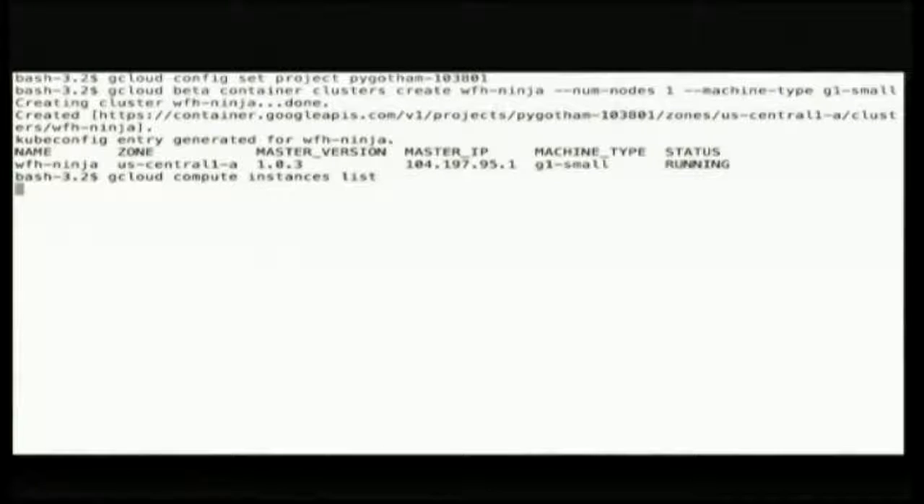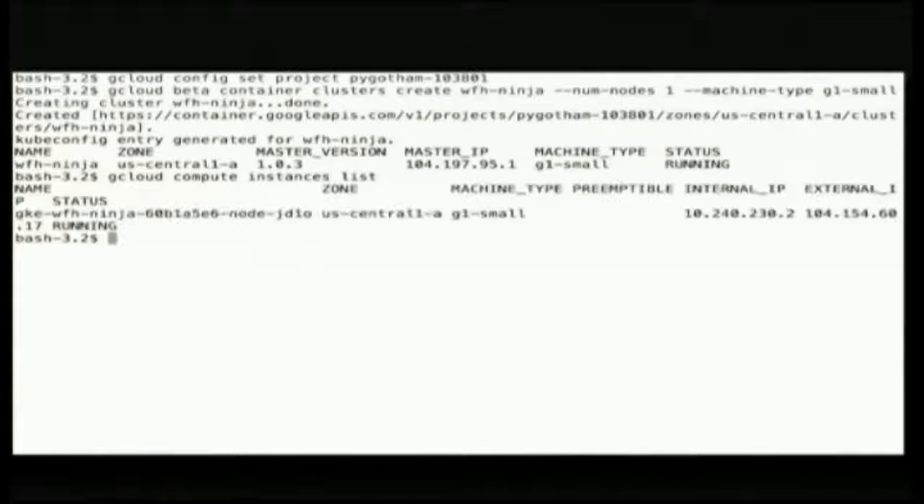So now that the cluster is actually created, we can list the instances. So we see our one instance that's a small. And after we have that instance going, we're going to run Kubernetes, which is a kubectl command. And we're going to tell it, as we get this going, to run the Work From Home